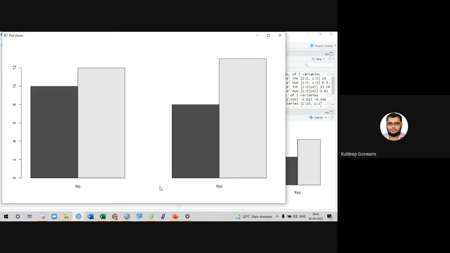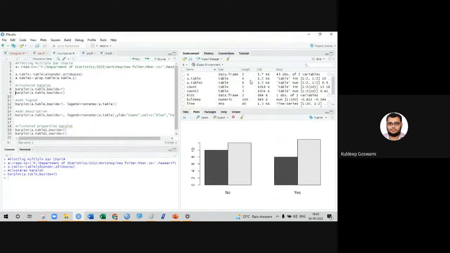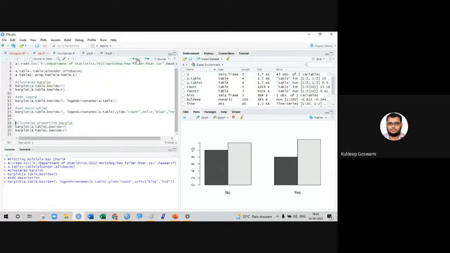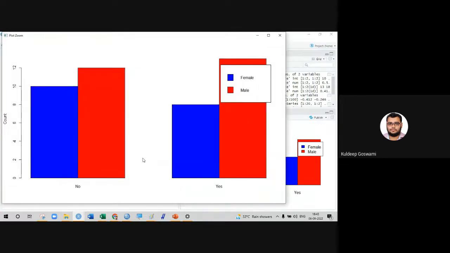By only seeing this graph, we cannot say what black stands for and what the other color stands for. So we have to put some legends, like blue stands for female, red stands for male. And these are the options